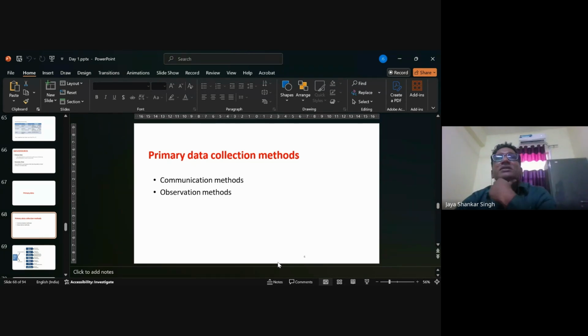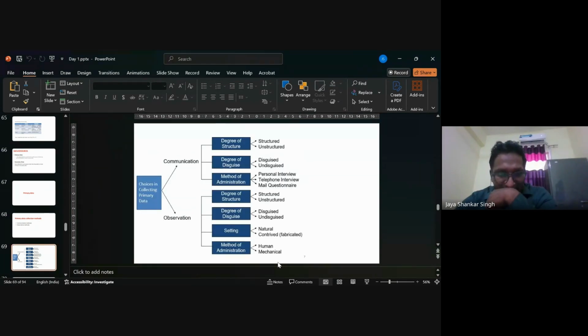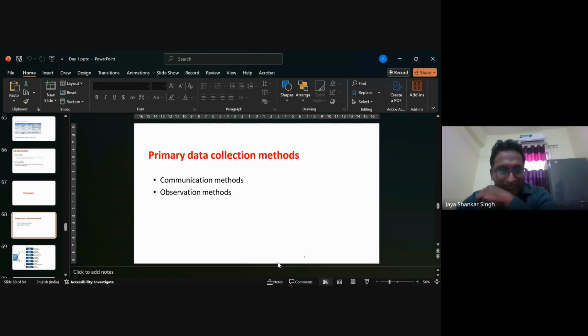Observation method. We will discuss it in the next slide, but I will give some fair idea of it. Suppose, as a manager of a store, you walk through your floor and observe other employees interacting with the consumer. I will make a note of that. You are not directly interacting with the employees, but you are observing their behavior on the floor, maybe physically being there or using a camera installed on the floor. A very simple example of the observation method.